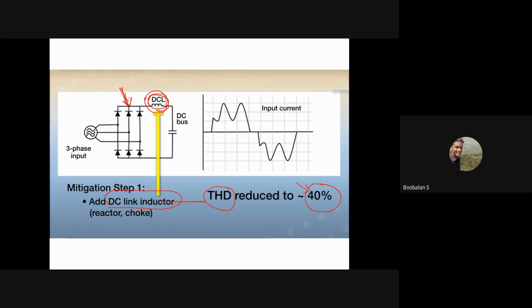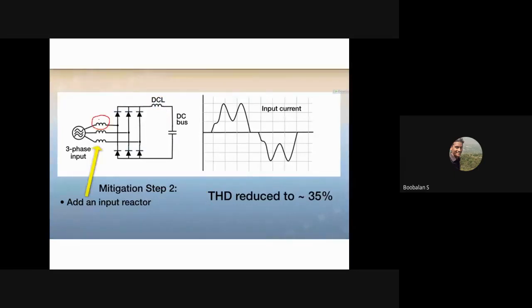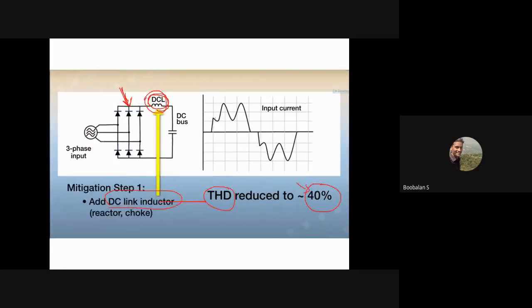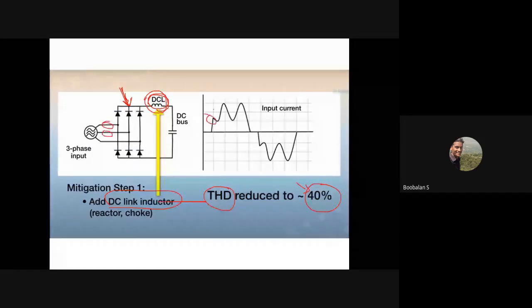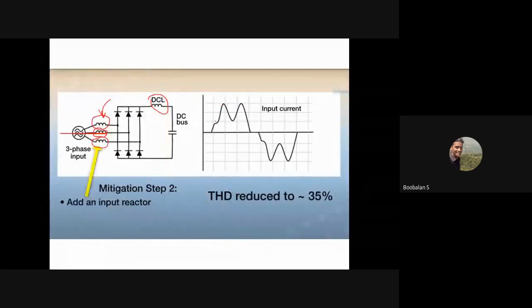We could also add three individual inductors in series before the rectification, and after the rectification. You could see that difference. I will switch back to my previous diagram. Before adding my inductor, you could see one hump, two humps, three humps. After adding it, it is somewhat reduced. This is due to my inductor.